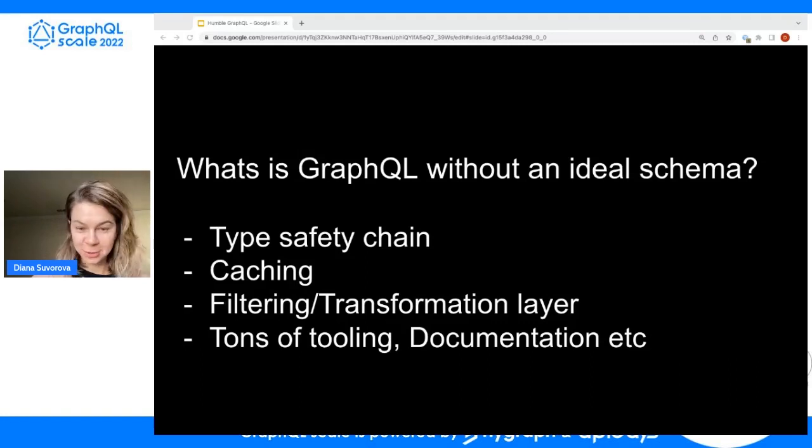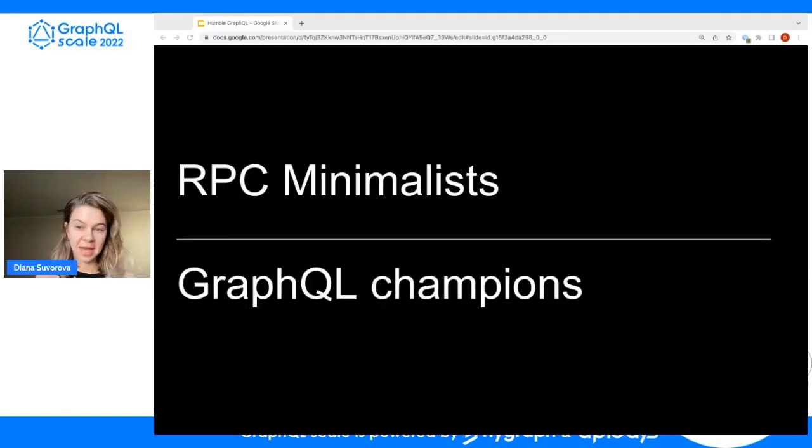So now going back to the two groups that I mentioned before, you can guess that the first group would say that GraphQL just is not worth the additional complexity, and they do not see benefit in using it. While the other would say that we need to invest more into schema consistency and the connectedness of the schema, and then people will understand the benefits. In this type of debate, I do believe this is more or less a personal choice, and we can go around in circles trying to convince one group or another of the opposite opinion.